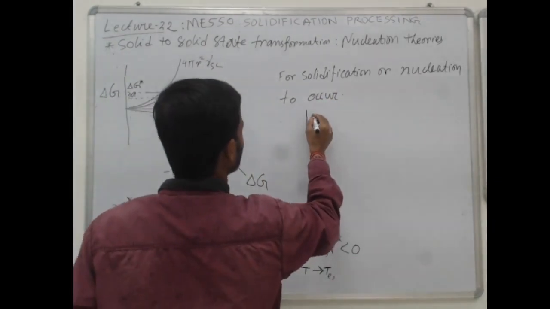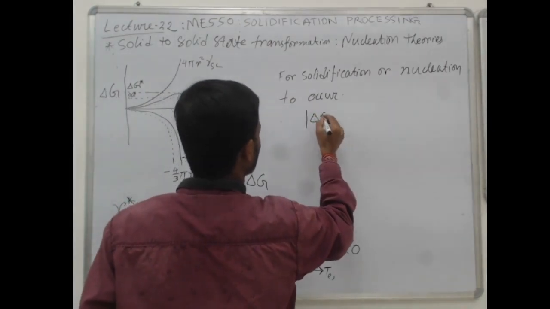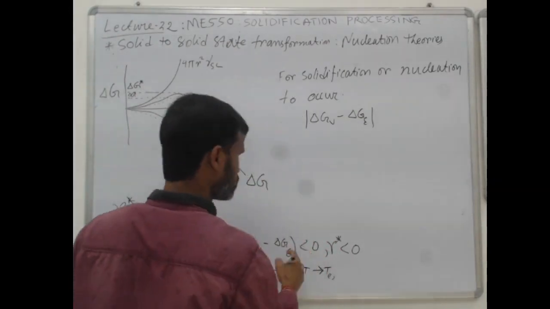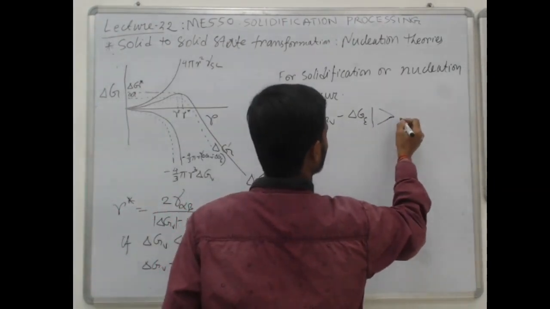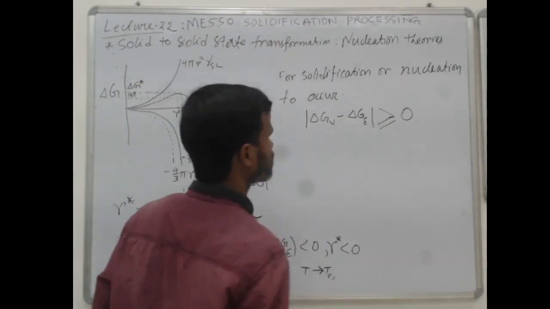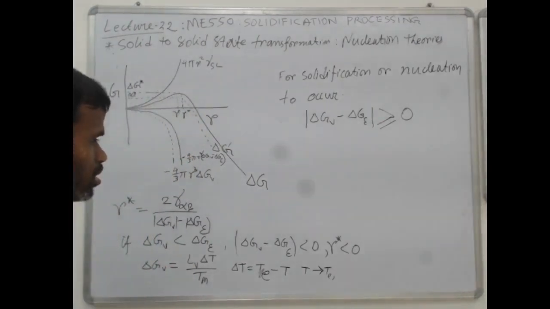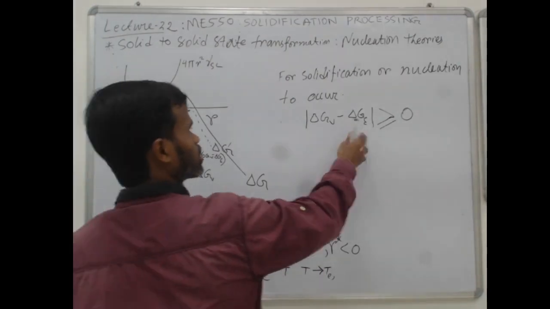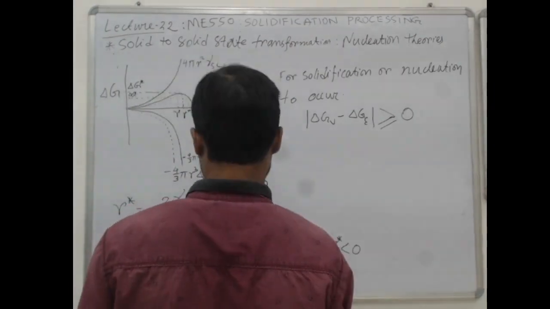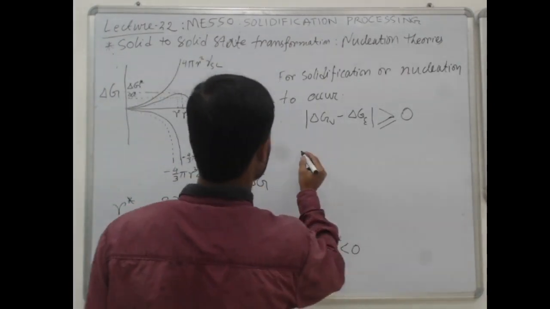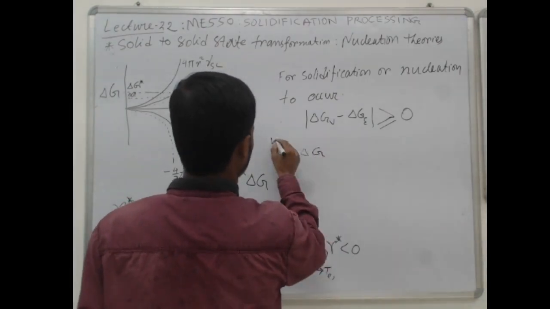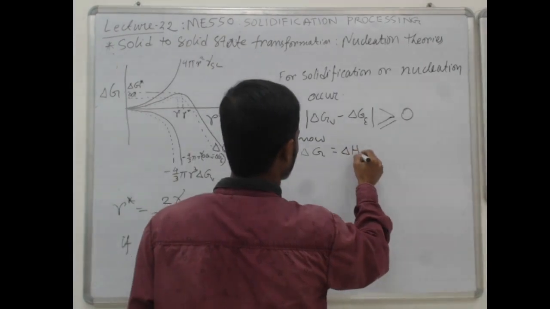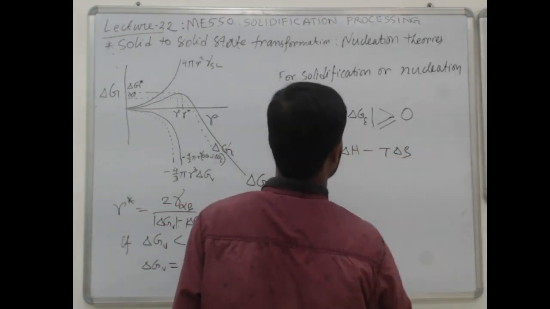this delta G V minus delta G E term has to be greater than, or say greater than or equal to, 0. It has to be positive, because if it is negative, then R becomes negative, and that is not possible. Now what is delta G? We know that delta G equals delta H minus T delta S at a given concentration,